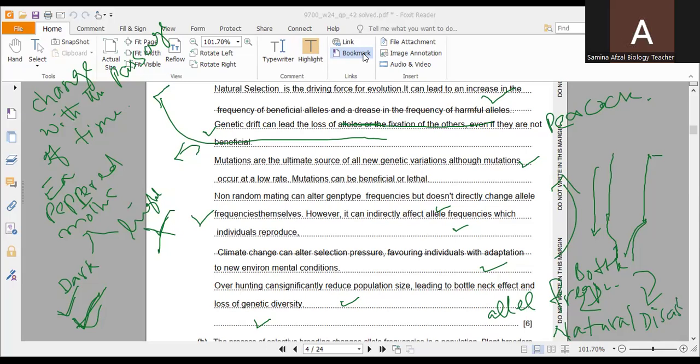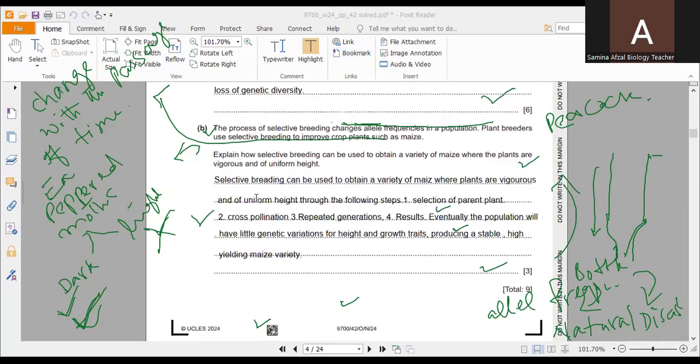So these are the different factors which can play a role in changing the allele frequency in different populations. By considering these factors, conservation biologists can develop strategies to maintain genetic diversity and ensure the long-term health of wildlife populations. Now, the next question is,